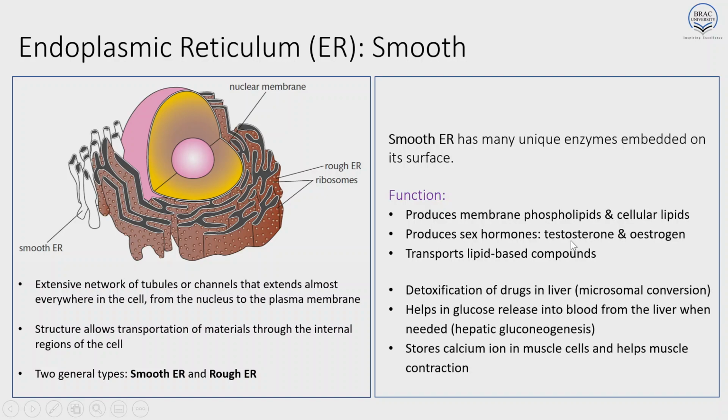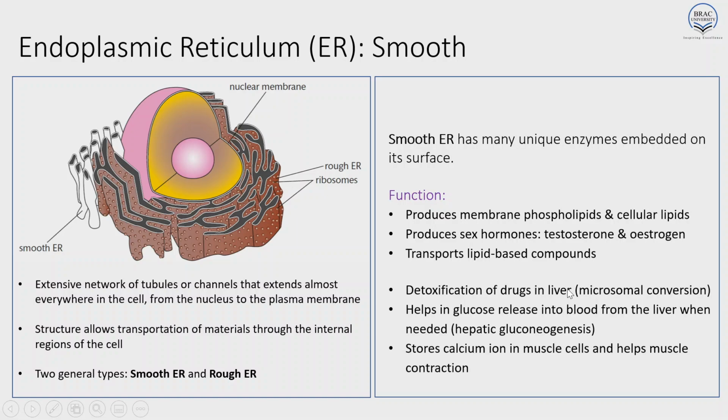The next function of smooth ER is detoxification of drugs in the liver. Detoxification means, when we ingest or administer a drug, basically every drug is a toxic substance. So in the liver, the drug gets metabolized, which is also called biotransformation. Every drug converts into a less toxic substance in the liver. So the liver is mainly involved in drug metabolism or biotransformation, and to some extent the kidney and lung are also involved